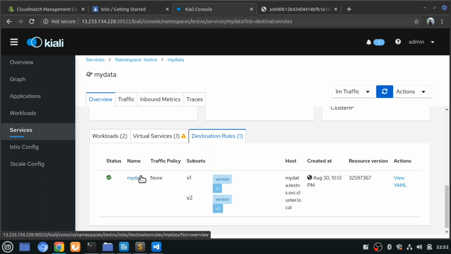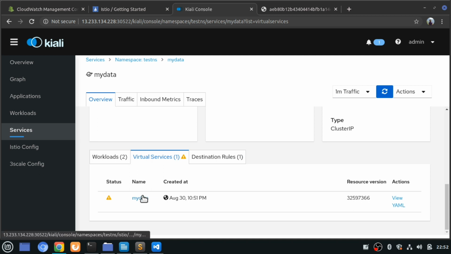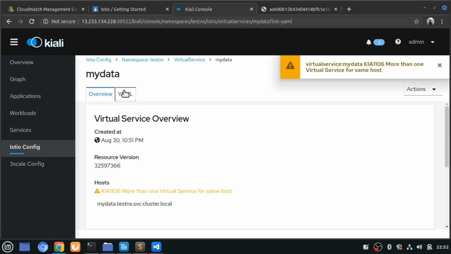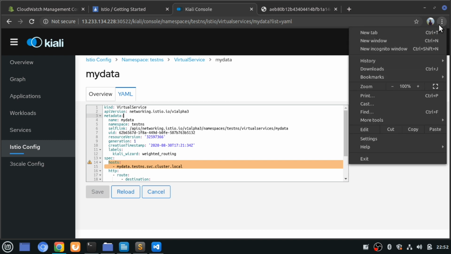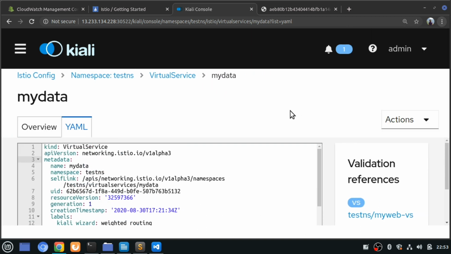This is optional, to give you some more logic, but the logic for redirection is going to be part of the virtual service only. Just click here, click on YAML, and it will give you all details. The exception which you are getting here is because there's some issue with the Kiali version itself. That's why you are getting that, but it is not going to affect our application. Let me see if I can change the font. Yeah,